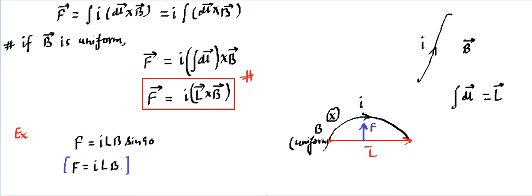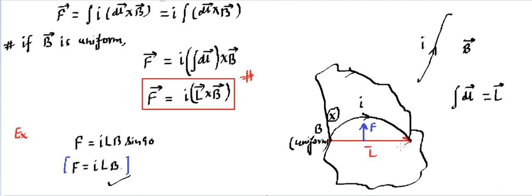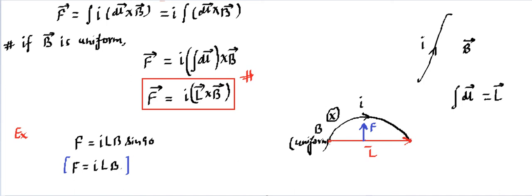Another point that we can add over here is this. Now if this wire is like this and having this current, still you are going to get the same answer. That means initial point and final point matter. Even if it is like this, still you are going to get the same answer as long as its initial point and final point are the same. So the wire orientation doesn't matter. What matters is the initial point and final point whenever B is uniform. So this uniform characteristic is very, very important. Well, so that's one point.